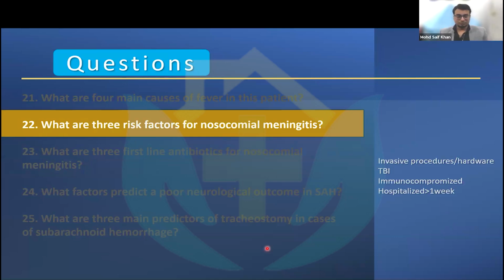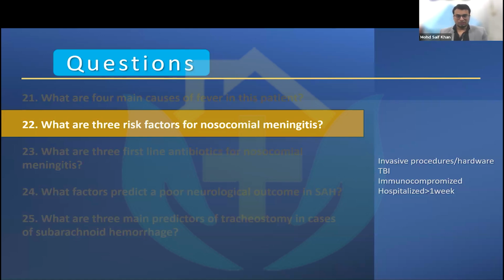Presence of shunts and central venous catheter, ventriculoperitoneal shunt, EVD. Devices, so hardware. So that is what we have discussed already. So any invasive procedure, any surgical trauma,